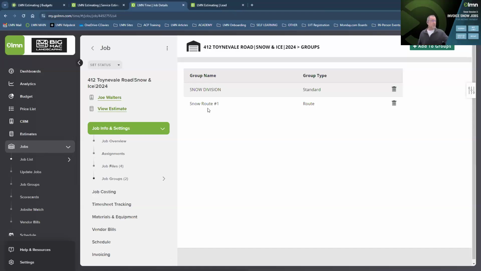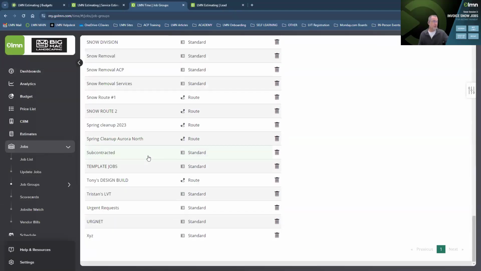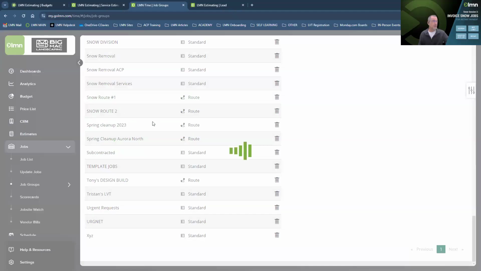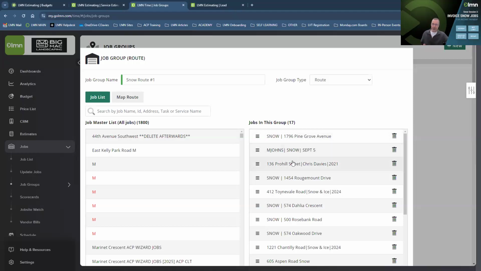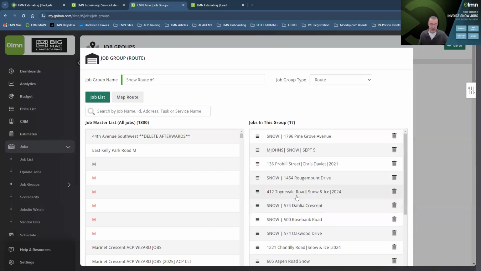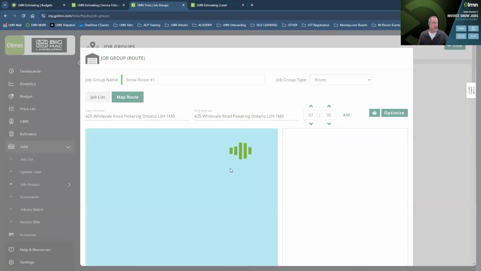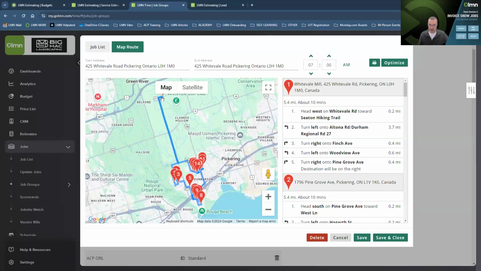Now, a routed job group is also going to give you another little benefit here. If we take a look at our job groups and at snow route number 1, I'm going to scroll down here to snow route number 1. For some reason I put in a maintenance job, so I'm going to delete that one out of there. But anyway, when we take a look at snow route number 1, we have a number of customers that we've been contracted to clear in a particular area. And of course, if you take a look at the mapped route, which we kind of covered in session number 2, we know where we're going to start and finish our snow removal routing